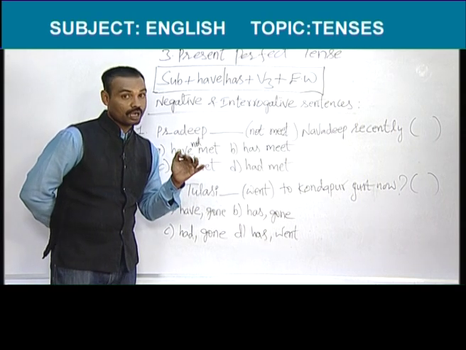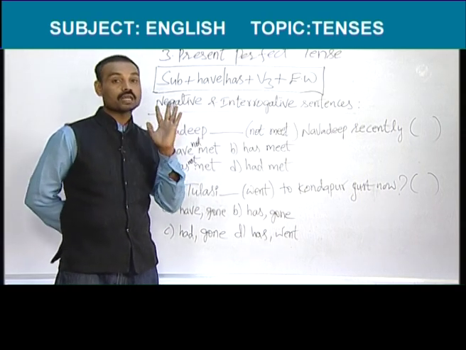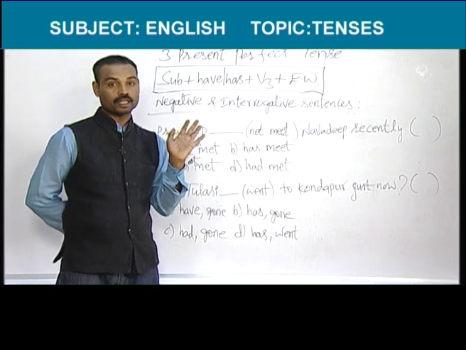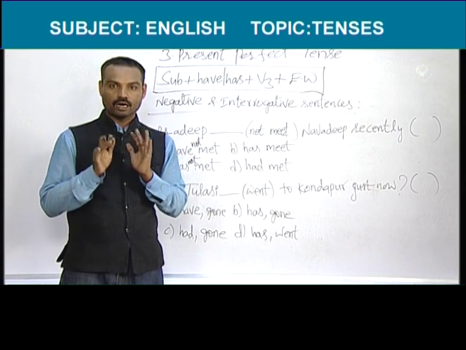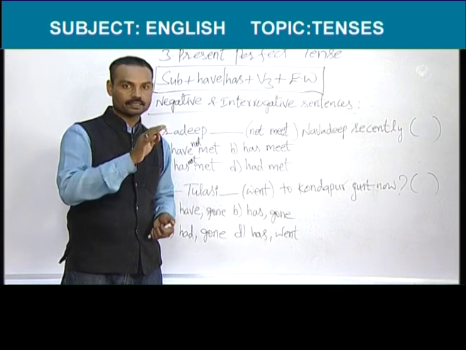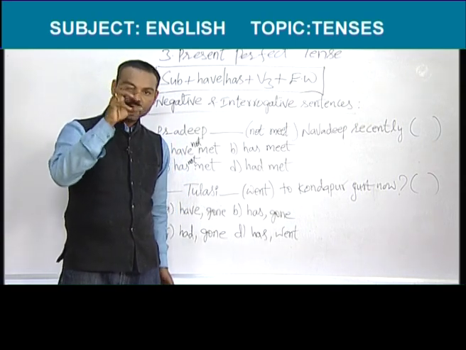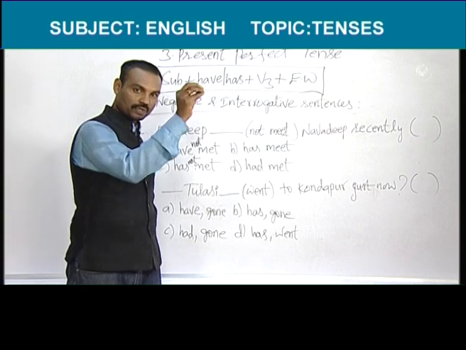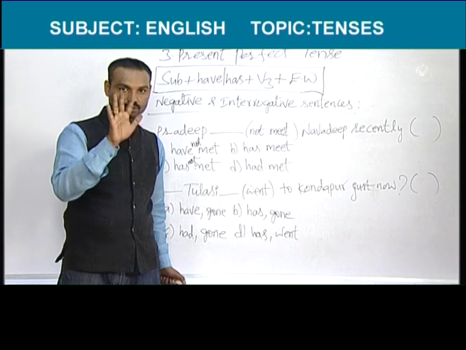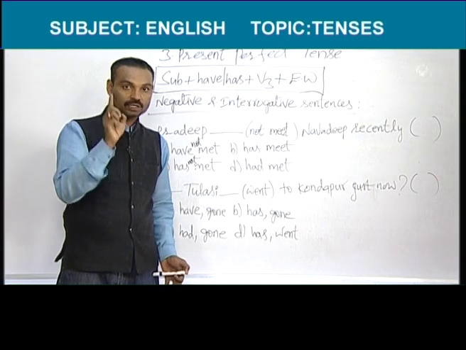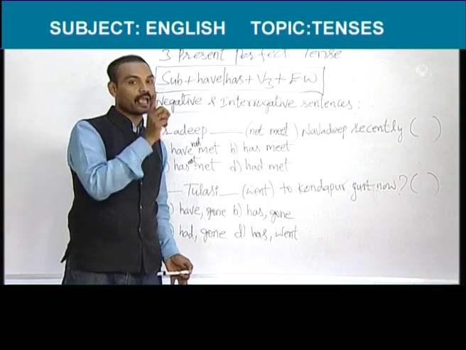So, present perfect tense means it is a question mark. So, you should know how the questions start in present perfect tense. In present perfect tense, there are two helping verbs. They are have and has. Before I, we, you, they, have should be used. Before he, she and any singular, has should be used. In present perfect tense, questions should start with have and has, either have or has.